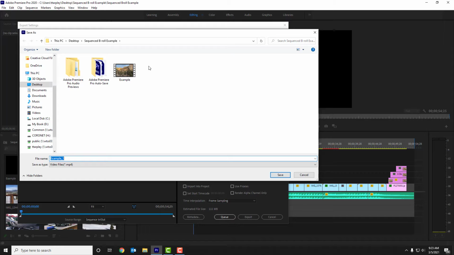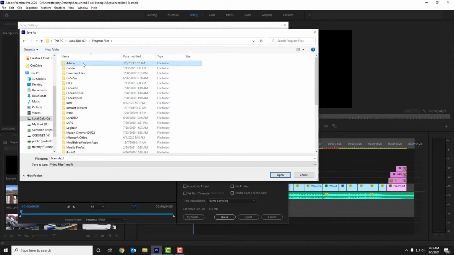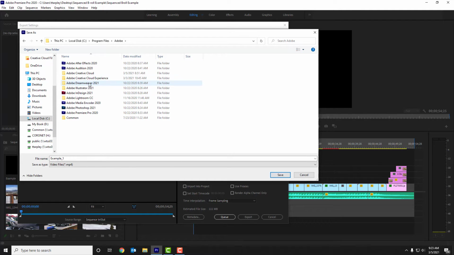Now, if you didn't do any work in the beginning when you were creating this new project by pointing your Adobe Premiere Pro to your project file that you created, if you kind of lacked on the file management in the beginning, it's probably going to, by default, save this in something like your local C disk, inside of program files, inside Adobe, inside of Adobe Premiere Pro. And so the video file that you export is going to be really difficult